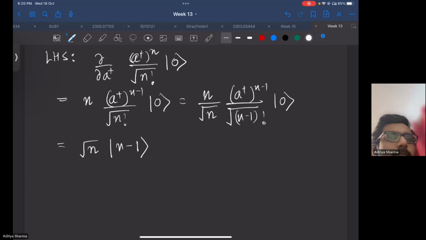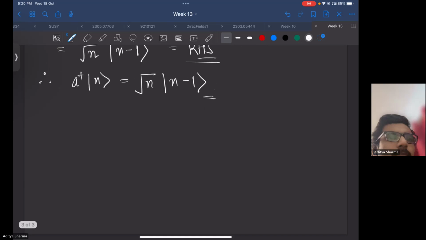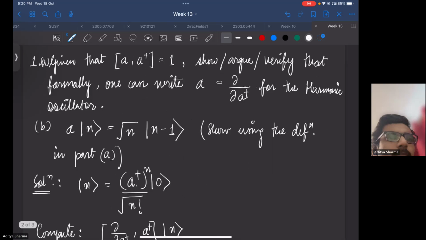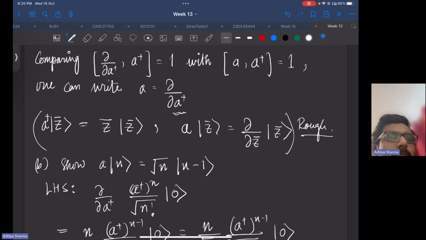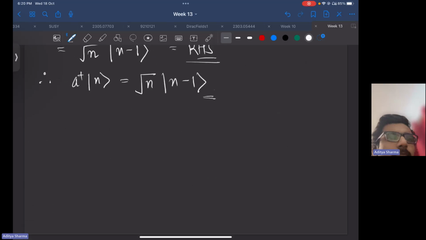So therefore, we showed that A acting on N is equal to the RHS. Therefore, we showed that it equals this, N minus 1. So first problem done. Let's do the second problem,